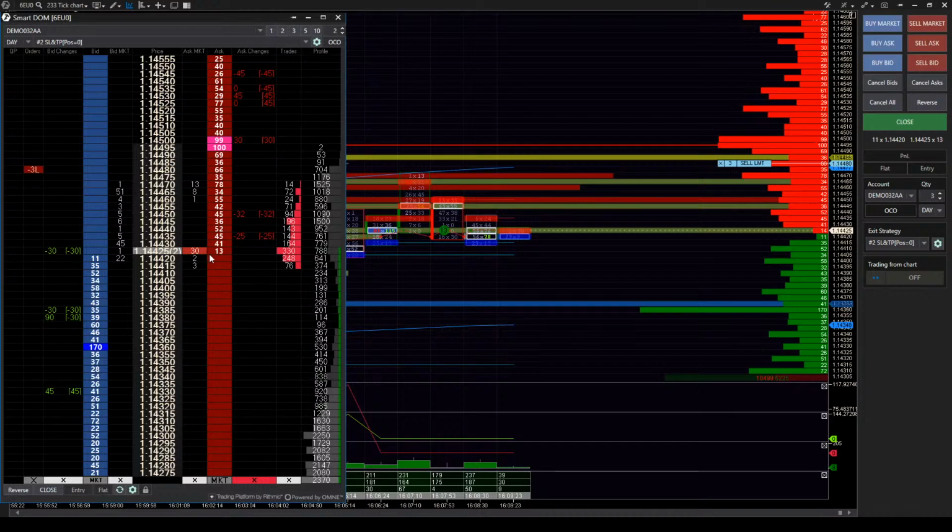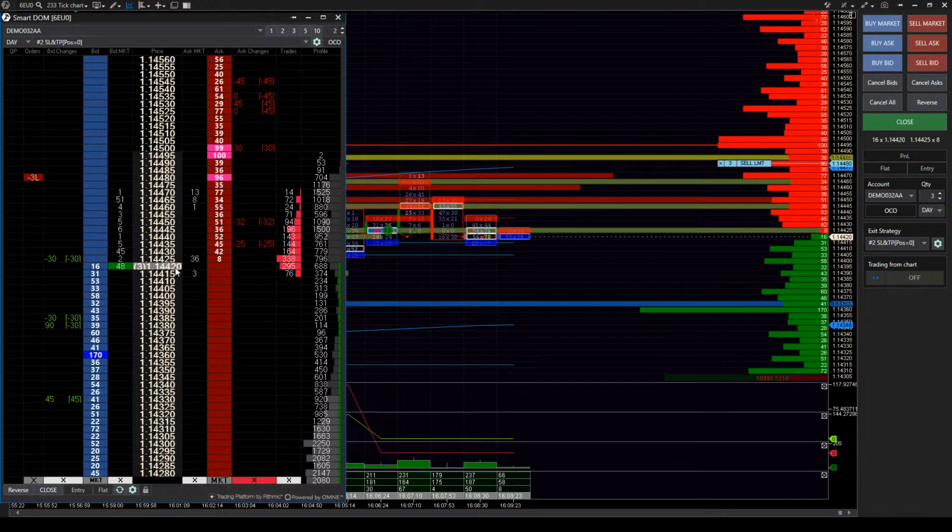When somebody takes the sellers here, the price will move up. We can see that in real time, and how many they are taking on each side. This is something you don't see in any other platform. It can only be seen through this order flow